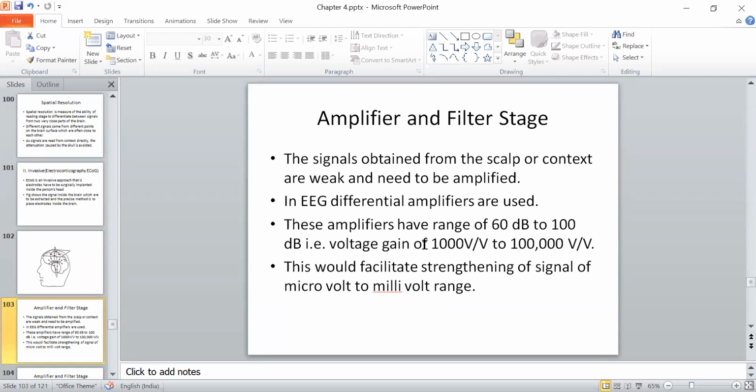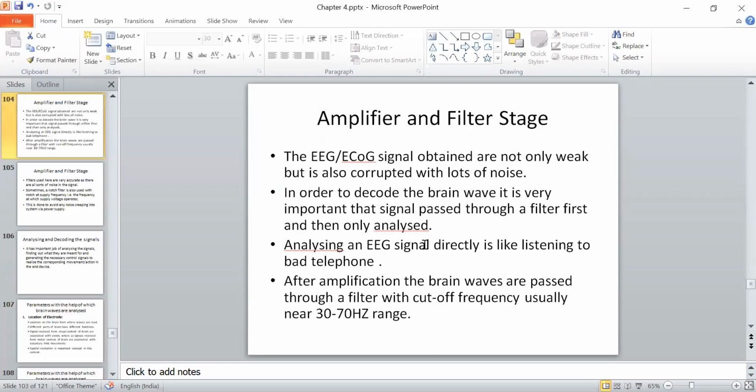ठीक है, और यू कैन से, अगर हम बात करें माइक्रो वोल्ट में, अगर आपने कोई सिग्नल रीड किया है तो उसे वो मिली वोल्ट में कन्वर्ट कर देता है। तो इतना आपके जो सिग्नल है उसको वो एम्पलीफाई करता है। एंड एज आई ऑलरेडी टोल्ड कि जो भी सिग्नल आपके पास आता है वो बहुत करप्टेड सिग्नल होता है। So we have to not only amplify the signal, we have to also filter the signal so that you are able to analyze the required information. So filtering stage is very much important.